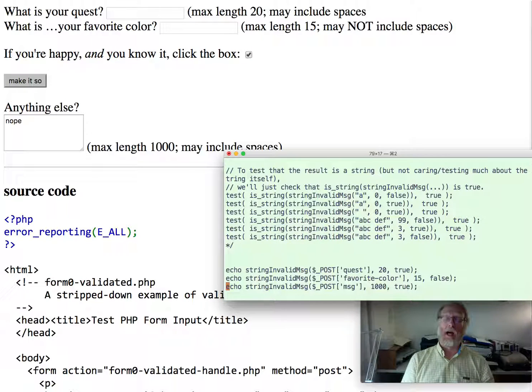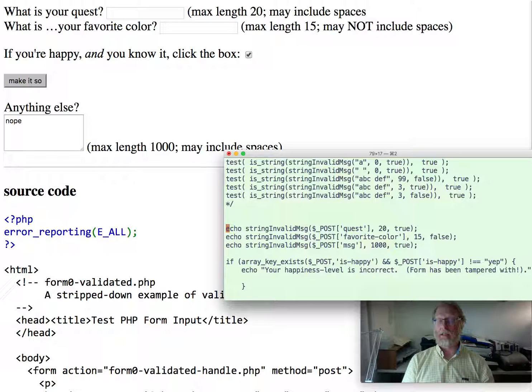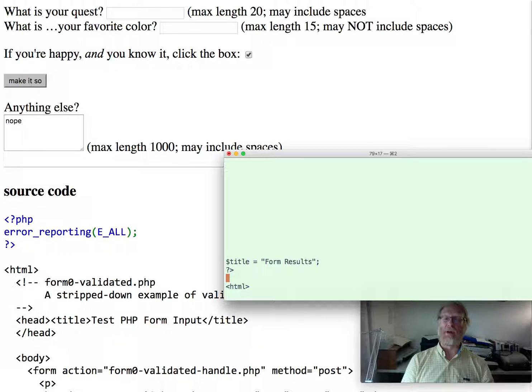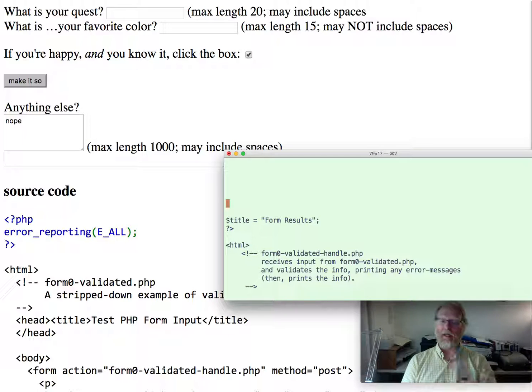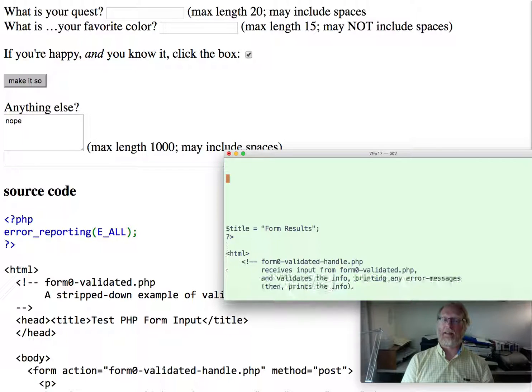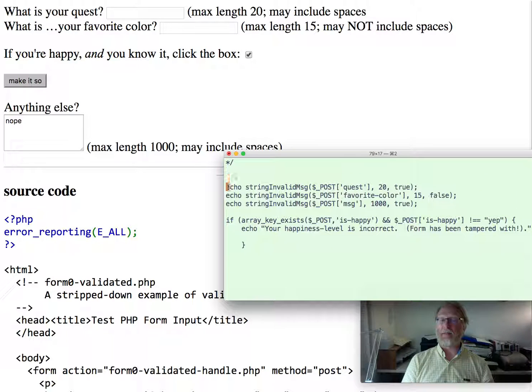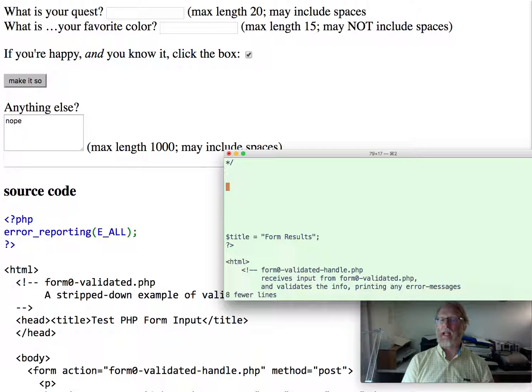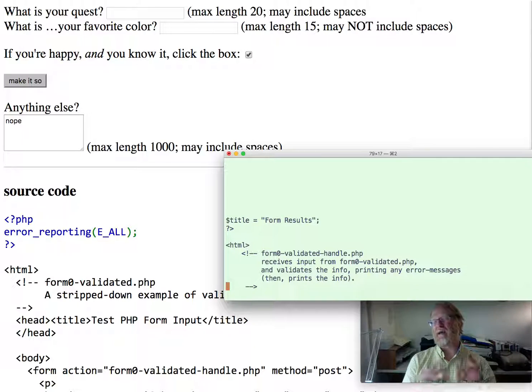Starting with my program defining the function, and then it calls the string invalid message. And as I noted, we're going to leave this checkbox check separate for the moment. And then we go down and start the actual HTML file down here. So once we have these calls separate, it's a little bit nicer. It'll be a little bit more clear that I can take this bit, and the place where I want to print any error messages isn't before I print an HTML tag, right? I want to print an HTML tag,